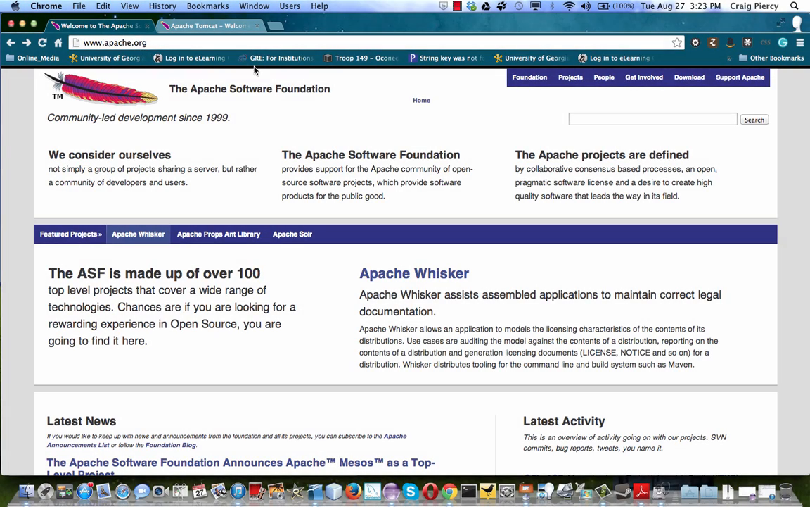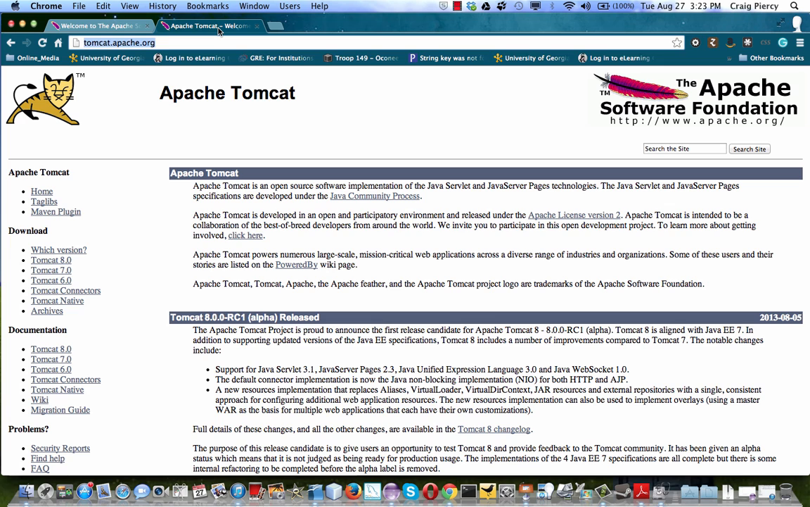Here we're looking at the Apache Software Foundation website. You can find this at www.apache.org. The Apache Software Foundation, as it says, provides support for the Apache community of open source software projects which provide software products for the public good. This foundation creates many important software projects, as we'll see. Of current interest is the Apache Tomcat web server. Apache Tomcat has its own page at